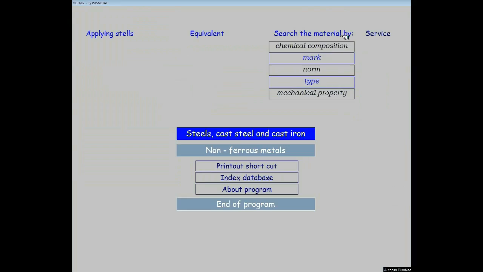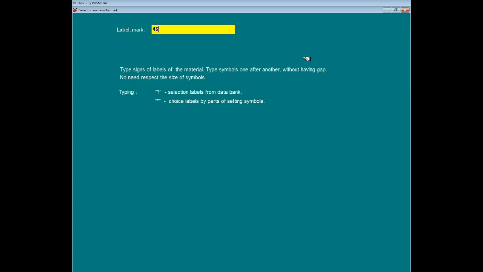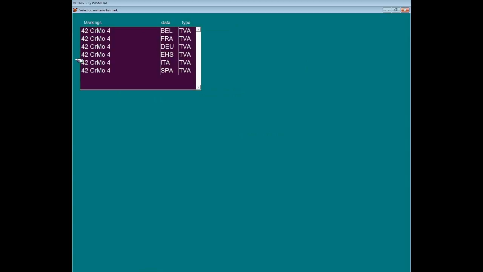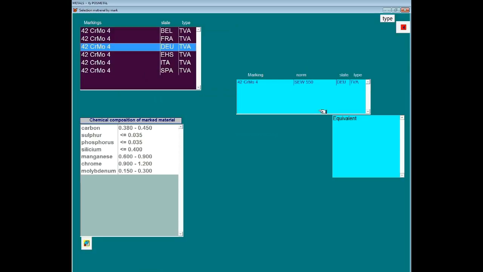We will show you how to locate a steel based on its name. Activate Offer the mark. Write the steel labeling in the appropriate box, for example, 42 CrMo4. The designation exists in the database several times. It shows on the left side a table of those designations and the states concerned. We choose, for example, the label from Germany. In the bottom left corner, we see a table with the chemical composition, and on the right is a list of equivalent materials. Choose a Swedish steel